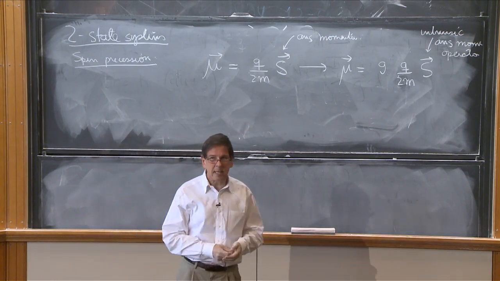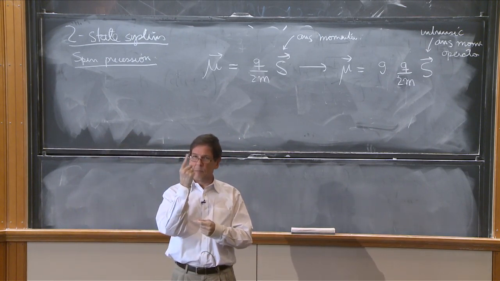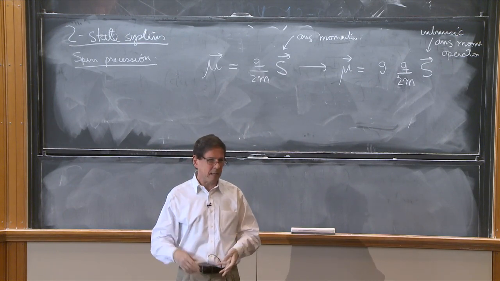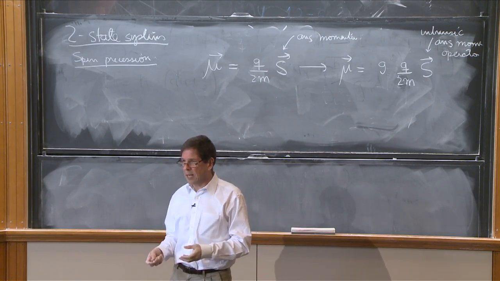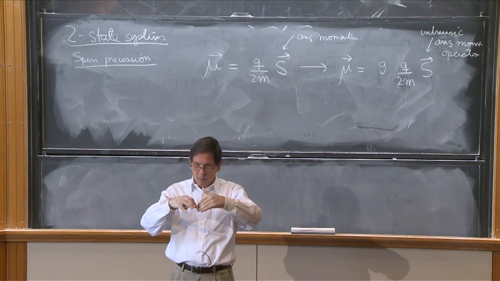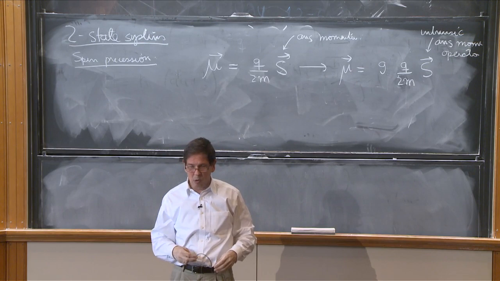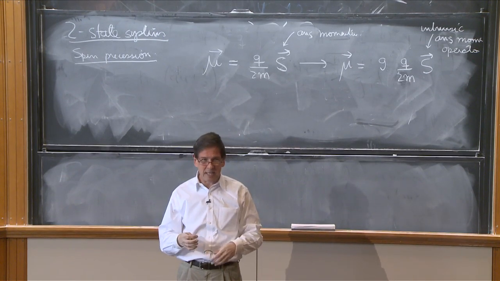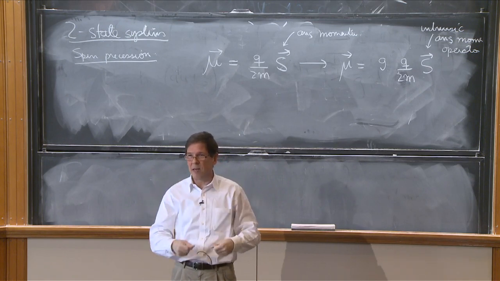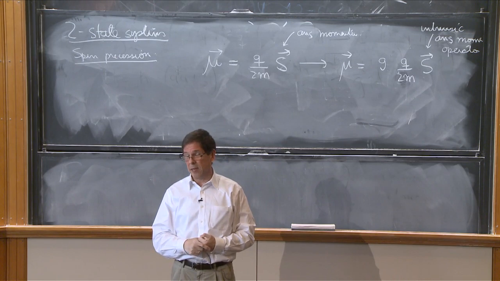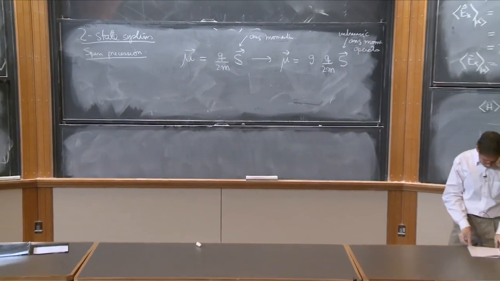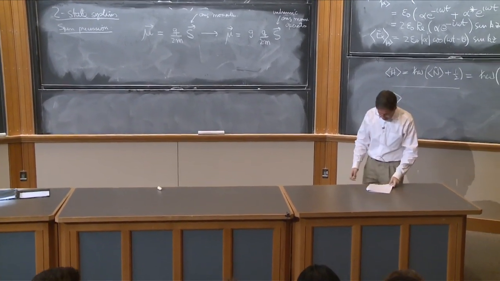You might be surprised that the neutron has a dipole moment, because you would say the neutron is an uncharged particle, so uncharged rotating doesn't do anything. Nevertheless, the neutron is uncharged, but it has 3 quarks, 2 with some charge, 1 with an opposite charge to the other 2, and if they distribute cleverly, say the negative ones are farther away from the center, and in the center is the positive one, this could have angular magnetic moment, and in fact it does have magnetic moment. The neutron has a significant magnetic moment.